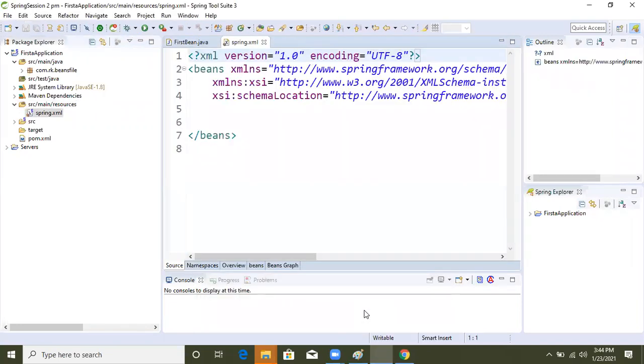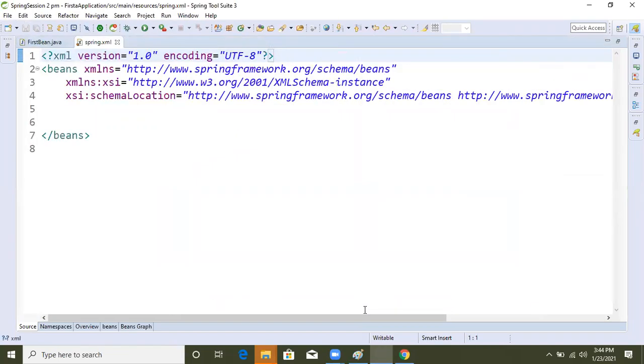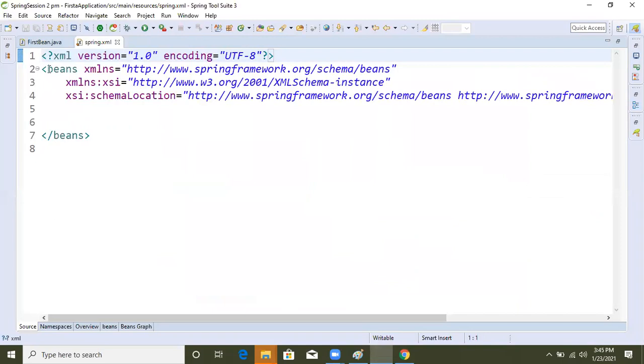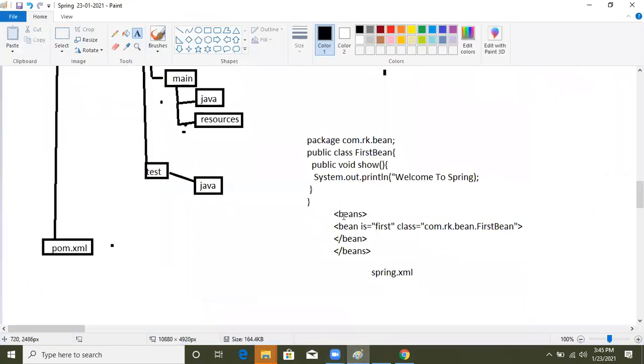Now see, we got the beans tag already; the Spring people have given it when we created the file. But if we want to configure a bean inside beans, we take the bean tag.